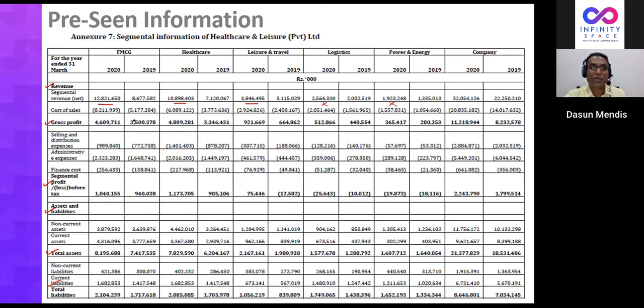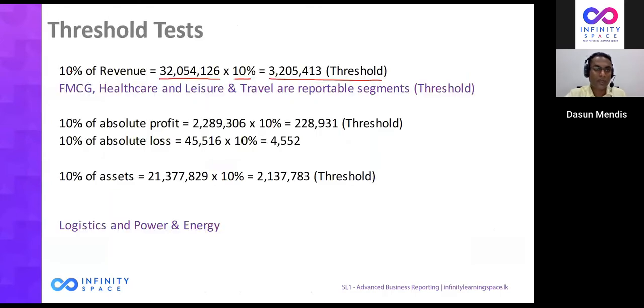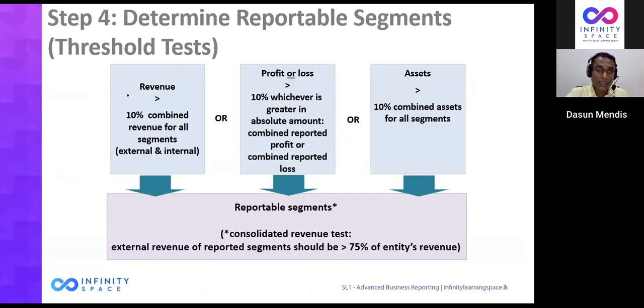Then they do not become reportable. So these three would become what? Reportable under the revenue threshold. So I would say here, FMCG, healthcare, leisure and travel are reportable segments. Then if I go back, you don't need to satisfy all three conditions, either the revenue condition or profit or